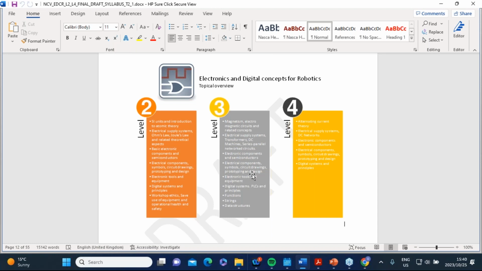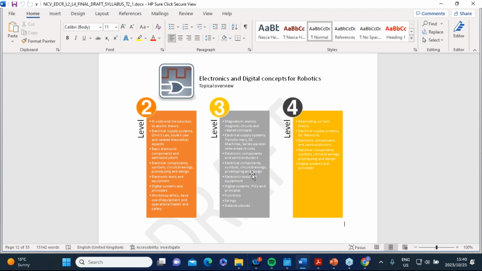So the soldering iron and the soldering wire are what they need to build a circuit. They need to know what those tools and components are, what purpose they serve, and why they are using them. So that's where the textbook explains the electronic tools and components. There are pictures in the textbook and also an explanation of what these components are and what their purpose is. And then on the digital